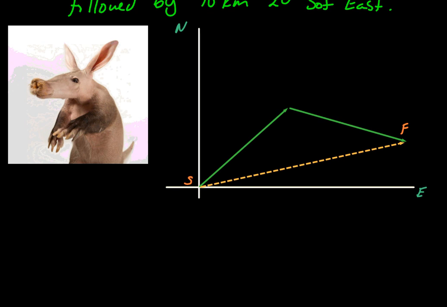All right, so essentially, the component method is going to look at each of these vectors separately. We'll call this vector A. We know that's 10 kilometers. And vector B, we know that's 10 kilometers. So our goal here is to map out our motion in the x direction. And in this case, what we'll be doing is figuring out how far vector A moves the aardvark